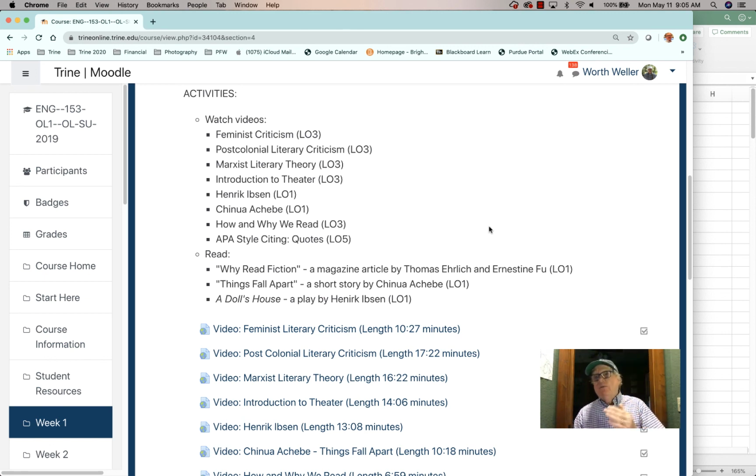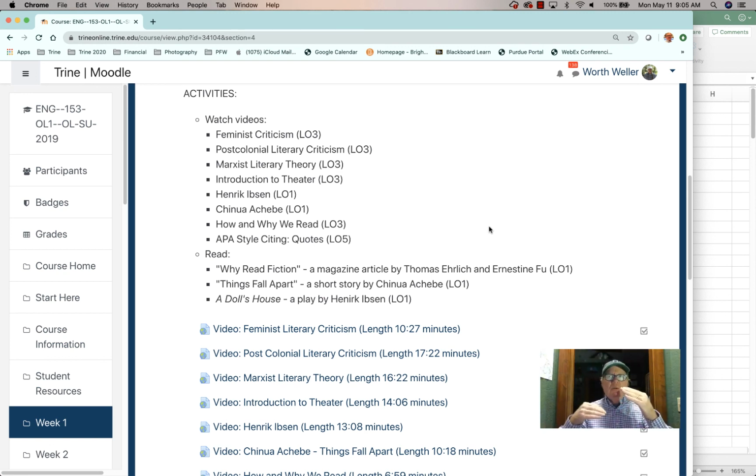But there's different forms of capitalism. There are different extremes of capitalism, all right? And some of you already are aware that it's not always working that well in this country. The wealth disparity has become absolutely huge, okay? And that's where capitalism is failing. So Marxist literary theory sort of looks at that. It looks at power struggles between elements of society, okay?